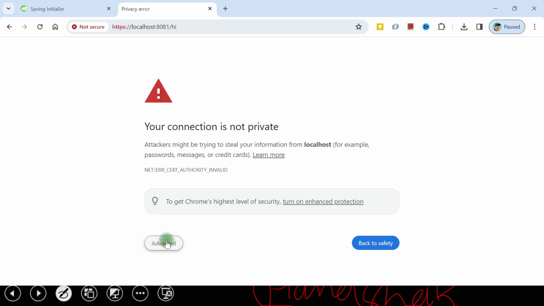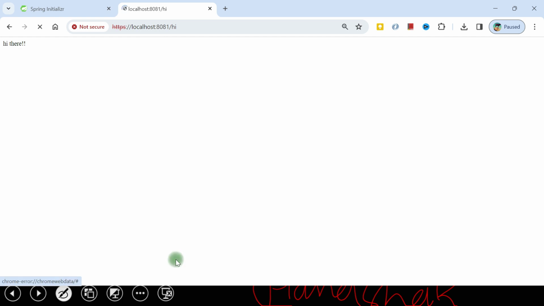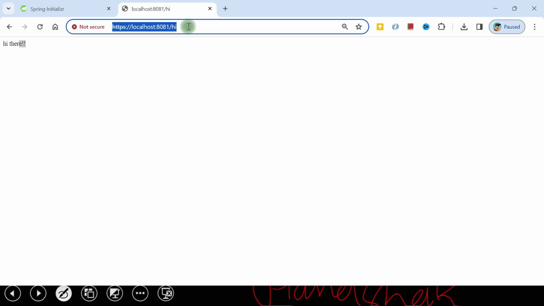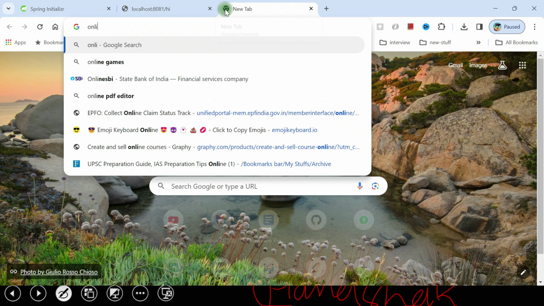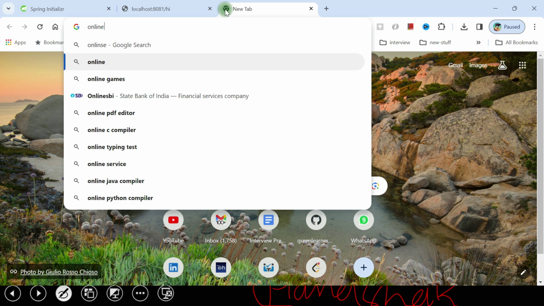So I'll go to advanced and proceed to localhost, and I'll be able to get this. Okay, so it says not secure. It is giving me a clear indication because now the server is SSL enabled and it is asking all the clients to do this. So how do we say that it is not secure, and how do we enable it in a secure mode? Right now, whatever mode we have started in SSL mode uses a self-signed certificate. So when you are on a banking site, like if I say open the online SBI website here,